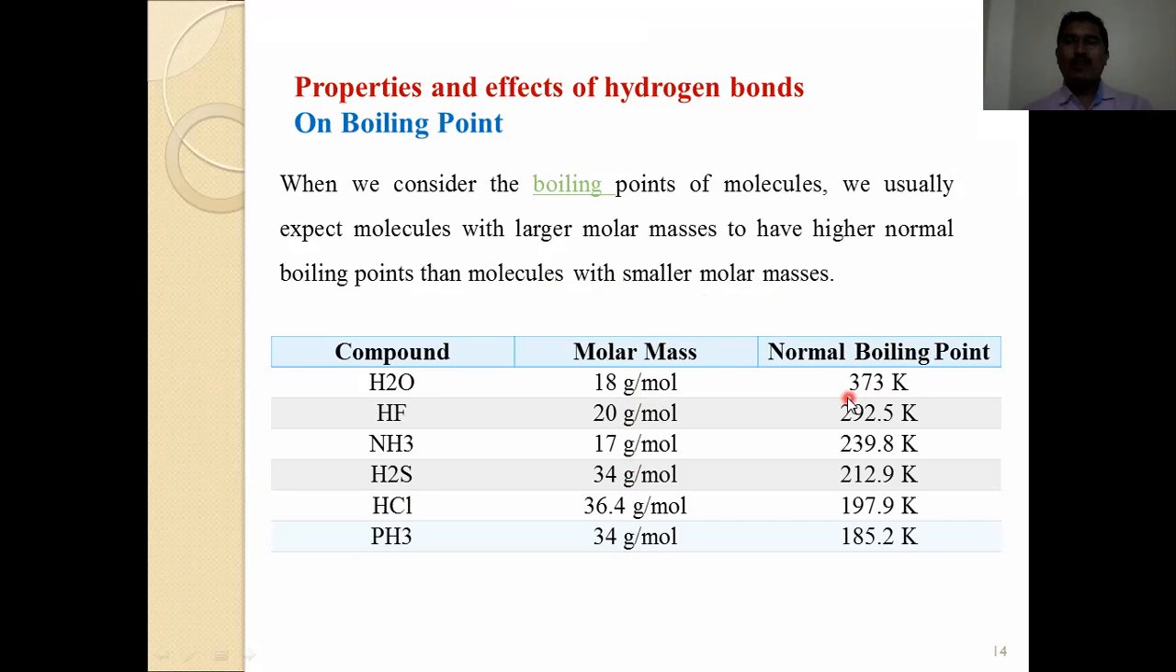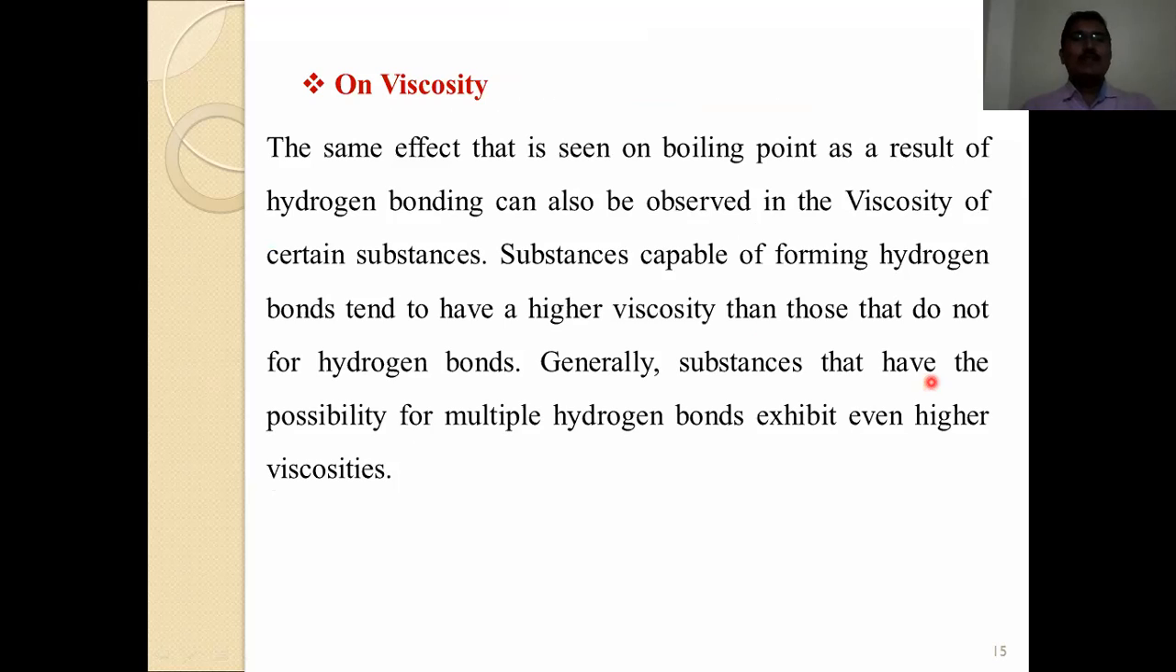And the normal boiling point of water is 373 K. Here, the boiling point is less. When molecular mass increases, the boiling point decreases. It is a simple phenomenon. On viscosity, the same effect that is seen in the boiling point as a result of